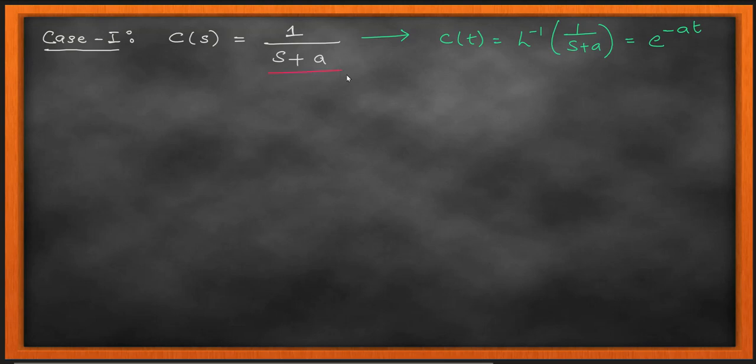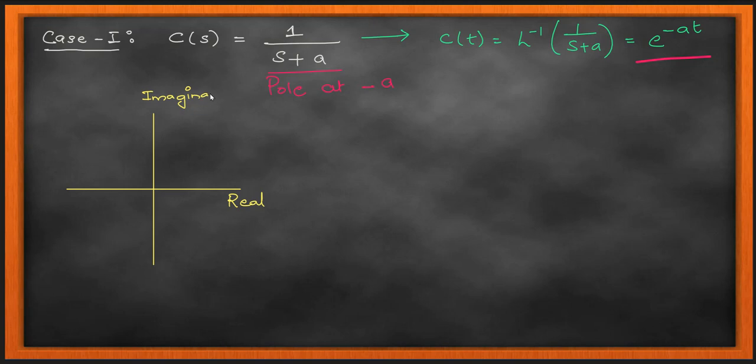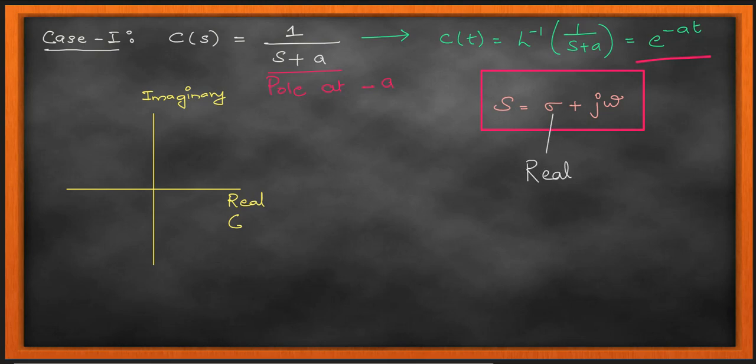So now let's do some case by case study on the stability of some of the control systems that we have seen till now. So for my case 1, I have my C of s is equal to 1 upon s plus a. So I am going to write two things here. I'm going to write the pole for that C of s, right? I'm going to write the pole that is at minus a, because s plus a equal to 0, s is equal to minus a, and then my C of t, that is my inverse Laplace. I can apply the inverse Laplace transform for this, and I'm going to get that to be e to the power of minus at. Okay, I'm having a pole at minus a, and then my system response at e to the power of minus at.